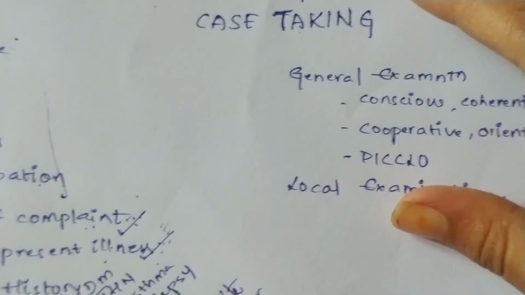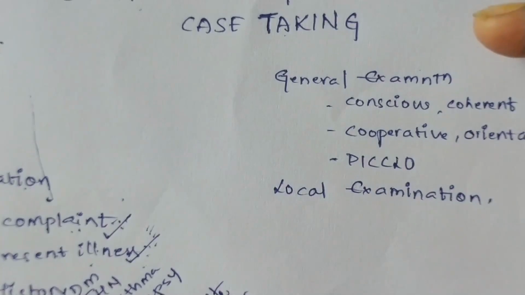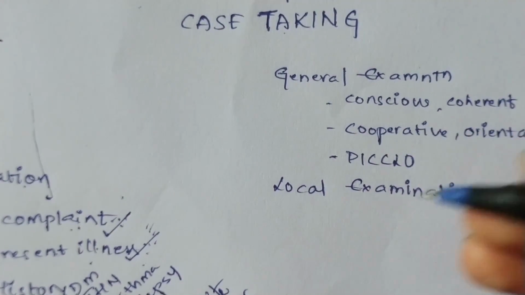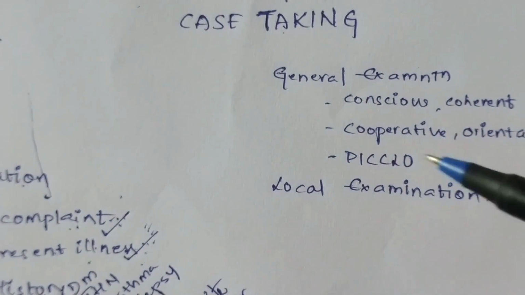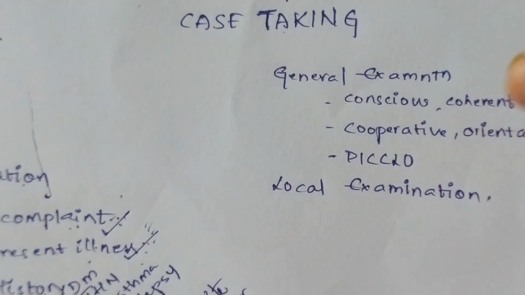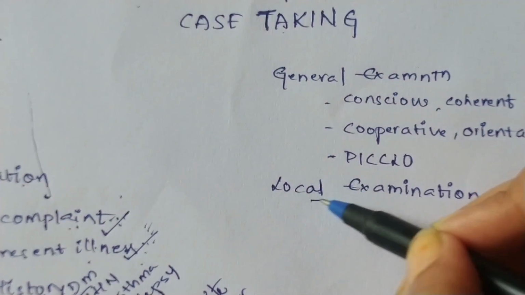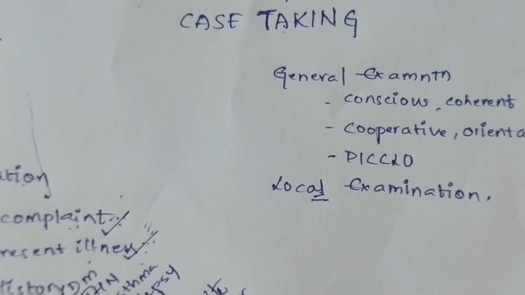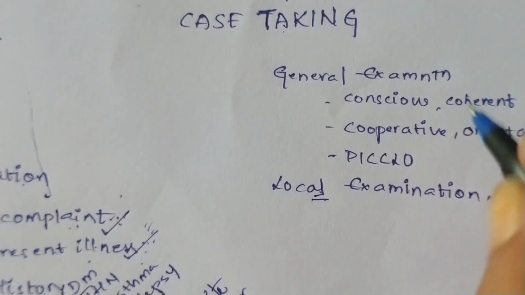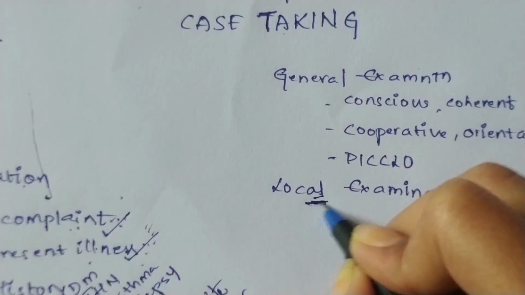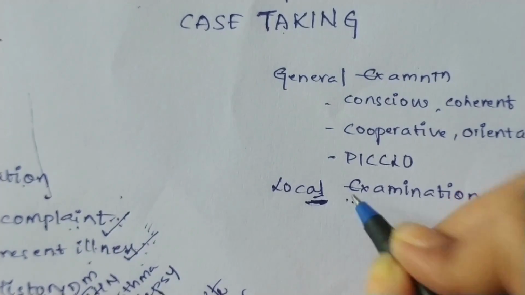Now we will go to the examination part. In examination, you will have general examination, local examination, and systemic examination also will be there. In cases of surgery or medicine, importance is given to systemic examination more than local examination. In surgery also, in some cases like abscess or something, we will give more importance to local examination than systemic examination. So you understood, right? In ophthalmology cases, local examination is the most important one, so I will discuss this in detail.